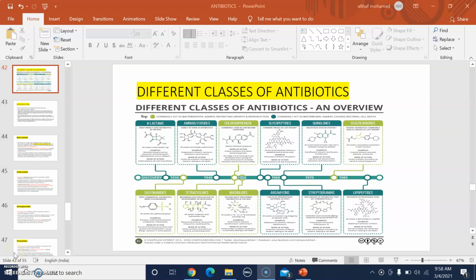Good morning all. Today we are going to discuss different classes of antibiotics. Actually, when we are suffering from an infection or disease, we usually go to the doctor and the doctor prescribes antibiotics. It is a common practice. So you should be aware of the different antibiotics because each of them has different usage and also a different mechanism of action. So today we can review the most important classes of antibiotics.